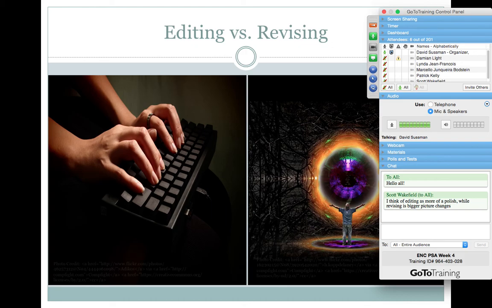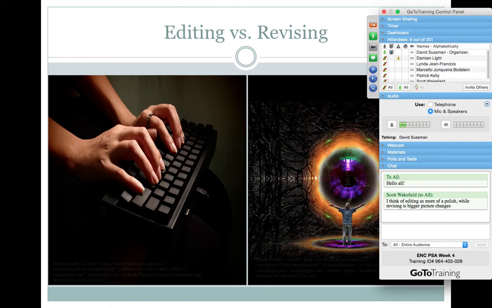While revising, if you look at the picture on the right here, this is why I have this giant picture of a Sauron-looking eye. You can see in the word revising, it kind of contains that word vision. You may not see it, but that's where revising comes from, which essentially means to see things again, right? Revision, to see things anew or to see things again.